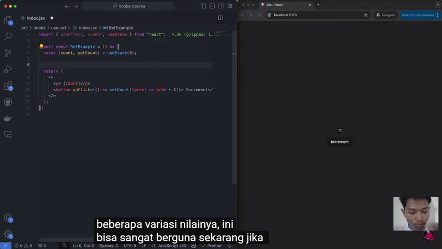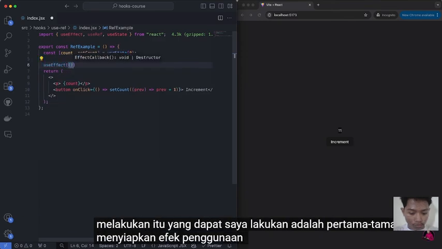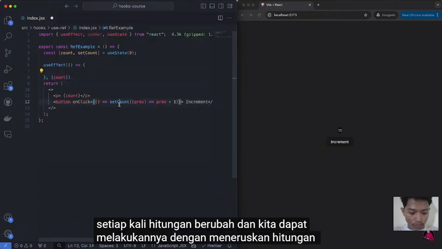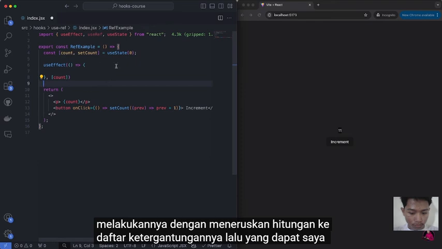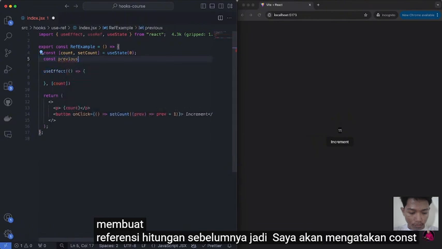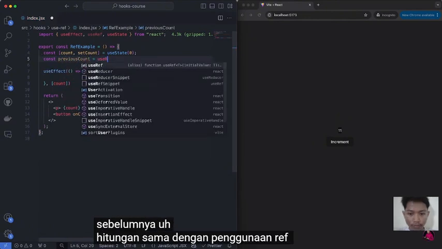Now, if I wanted to do that, what I can do is, first of all, set up a useEffect that will be called every time the count changes. And we can do that by passing the count to its dependency list. Then what I can do is create a previous count ref. So I'll say const previousCount is equal to useRef, and we'll set it